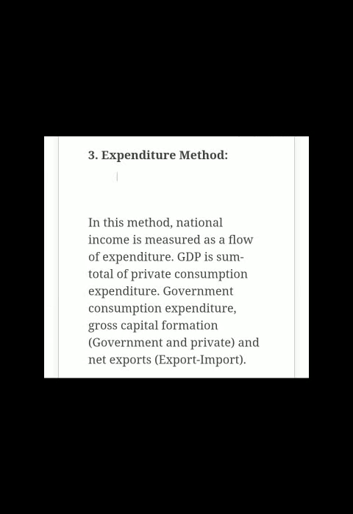What are the expenditures we are totaling? We are totaling personal consumption expenditure, in short, capital C. Then we add government purchase of goods and services, with the short term G. Gross private domestic investment, we keep that in short as capital I. At last, we calculate the net exports of that country, kept in short as capital X. By adding all these expenditures done by both private individuals and the government, we get the national income of that country for the particular year.